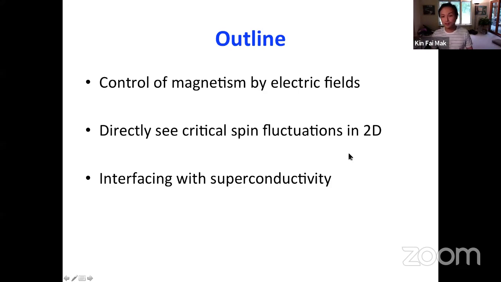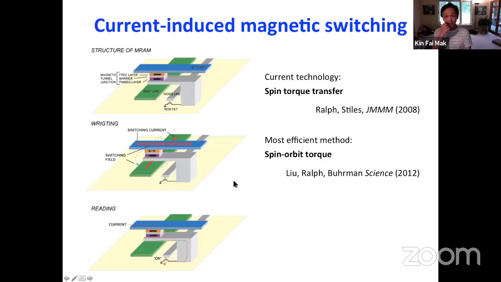First, I will tell you how we can control spins in this system by electric fields and by doping. Second, I will tell you about a recent experiment in our group in which we invented a technique to directly see critical spin fluctuations in this 2-dimensional magnetic system, and not only can we directly see them, we can also use an electric field to control these spin fluctuations and do something like a Maxwell's demon. And finally, if I have time, I will highlight another unique aspect of this kind of material: it can form atomically clean interfaces with superconductors and give some interesting observations as well. Okay,